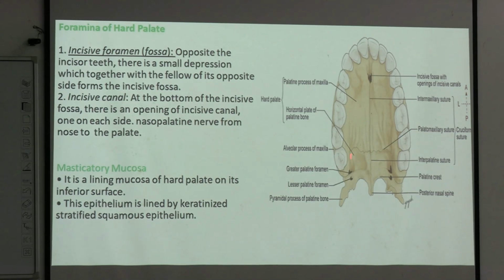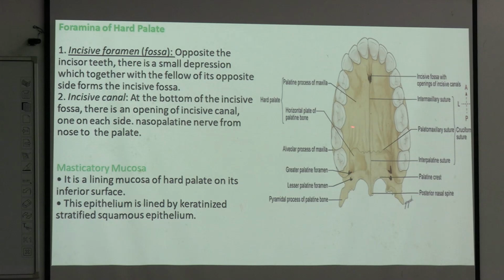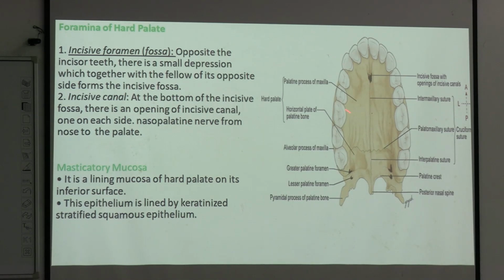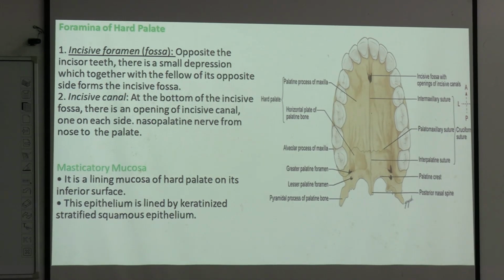Now, this entire region is covered by a mucosa. We call it masticatory mucosa, which you can see has a rugose, rough appearance, tightly adherent to the undersurface of the palate. We can see this mucosal ridge around the tooth sockets and beyond that part as well. The mucosa present here is keratinized and squamous